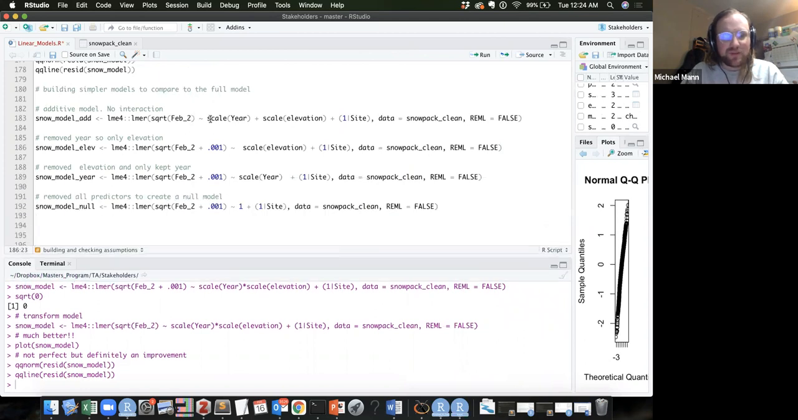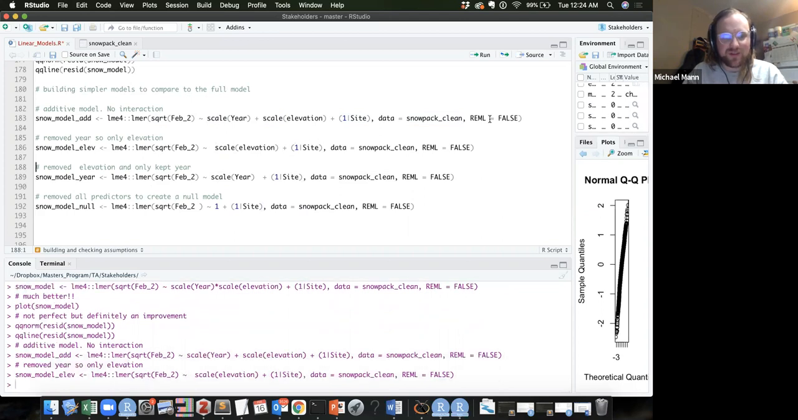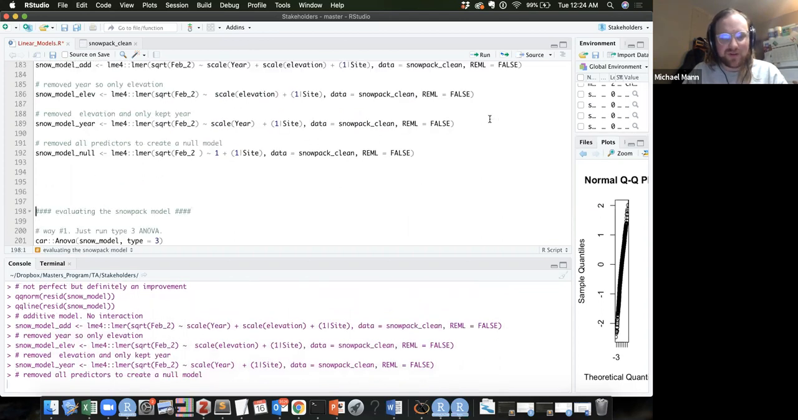So now let's build an interaction model. Let me clean these other ones up. So we're square rooting it. We're scaling our year and elevation. We have a random effect of the site, data snowpack, REML equals false, so we get maximum likelihood. So this is our additive model. Below, we'll just do an elevation only model, a year only, and then we'll have a null model of just